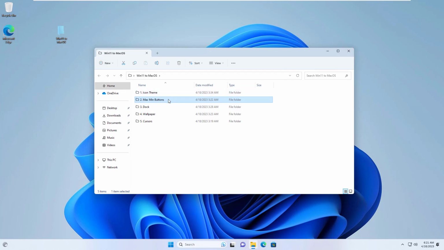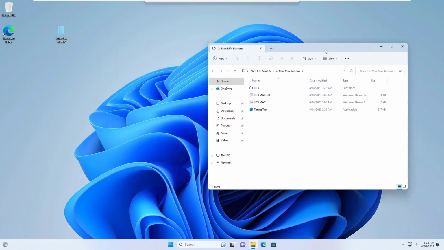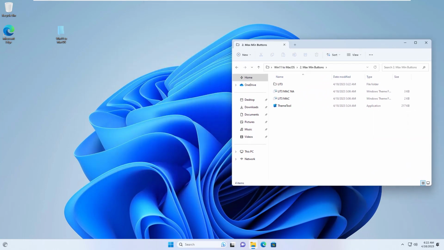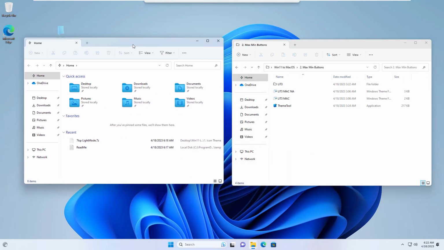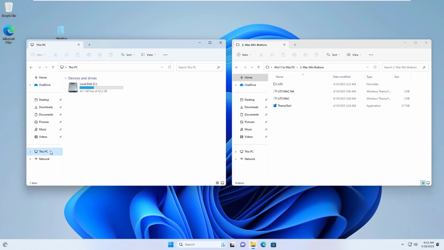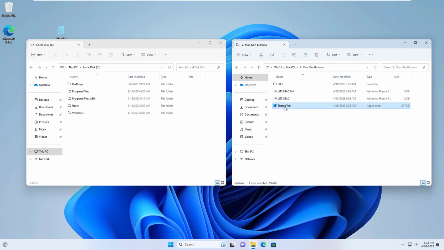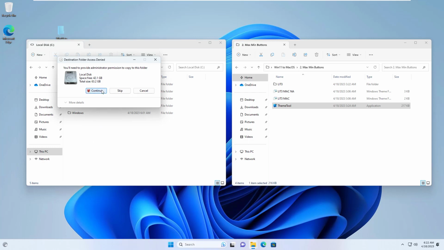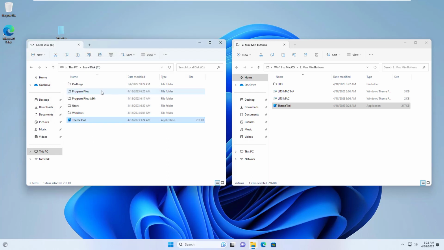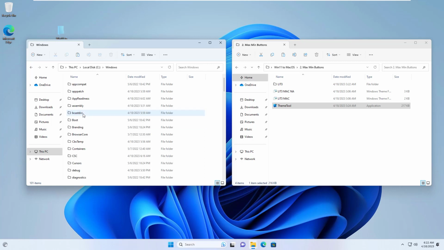The max and min buttons on Mac OS and Windows are very different, so I'll change them. This is step 2 of the change. Change the max and min buttons on Windows 11 to look like Mac OS. You copy the files to the folder named Themes in the System partition of Windows 11. Windows Resources Themes.